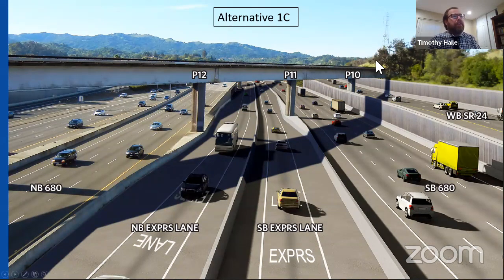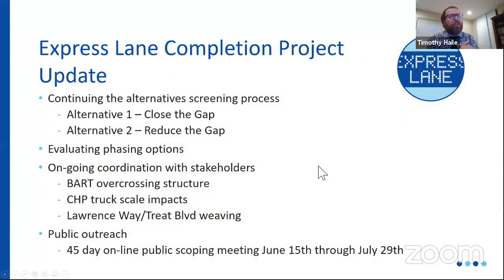And so this alternative, we're continuing to evaluate it as part of screening these alternatives. So what are we doing? We're continuing to screen the different alternatives, and we're trying to come up with the alternatives that we would initiate into the environmental studies. We're also, because of reduction in revenues and because of reduction in costs, and because some of these alternatives may be very expensive, we are also